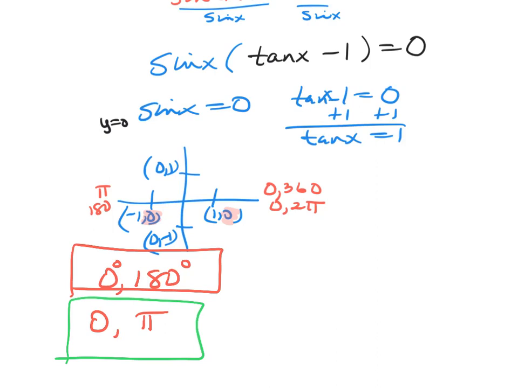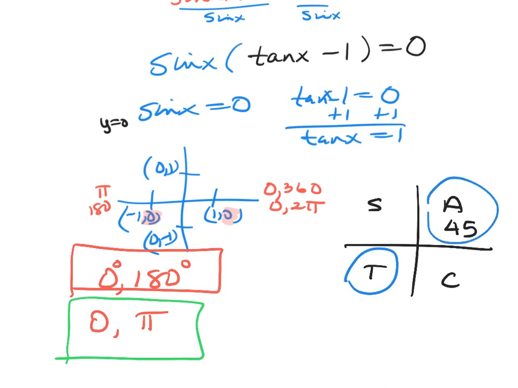Now I also have to do tan x equals 1. I told you back in chapter 5 to memorize that the tangent of 45 is 1. So that should be a clue here. So I'm going to do my All Students Take Calculus. You can either use your unit circle or you can draw your triangle. If you memorize that your reference angle here is 45, then to find the other angles, let's go ahead and figure out where tangent's positive. So I know tangent's positive here